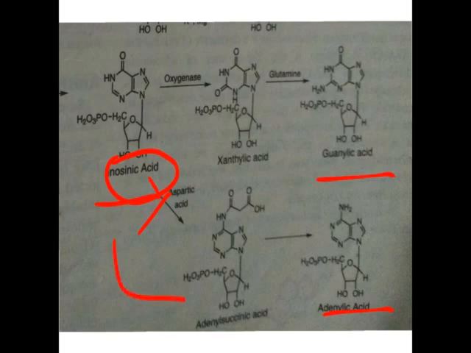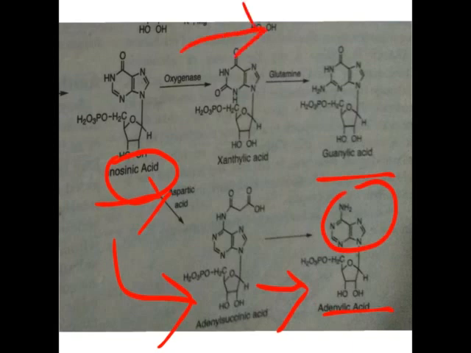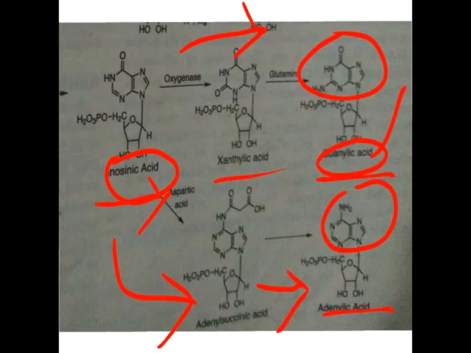So this inosinic acid, through this chain, is converted into adenylic acid. This is the adenine part, and through the xanthylic acid intermediate it is converted into guanylic acid. This is the guanine part. So in the de novo synthesis, after folic acid and different steps, it forms inosinic acid, and inosinic acid through two routes, through xanthylic acid forms guanylic acid, and through adenylosuccinic acid forms adenylic acid. So they are responsible for the synthesis of the two purine bases.